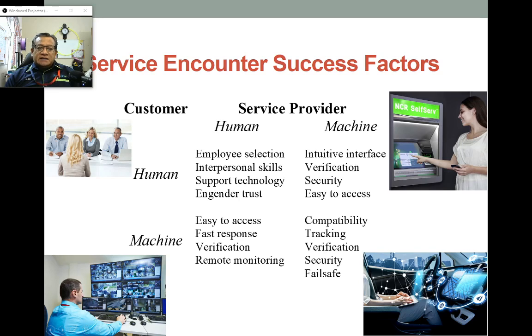Okay, how do we better understand and explain quadrant four? It is machine to machine interaction, yet they could still execute a successful service delivery. I would say quadrant four is well explained in the form of an autonomous car and its driver. So the machine is basically the navigation system, right? And the customer is, I would say, the autonomous driving system itself.